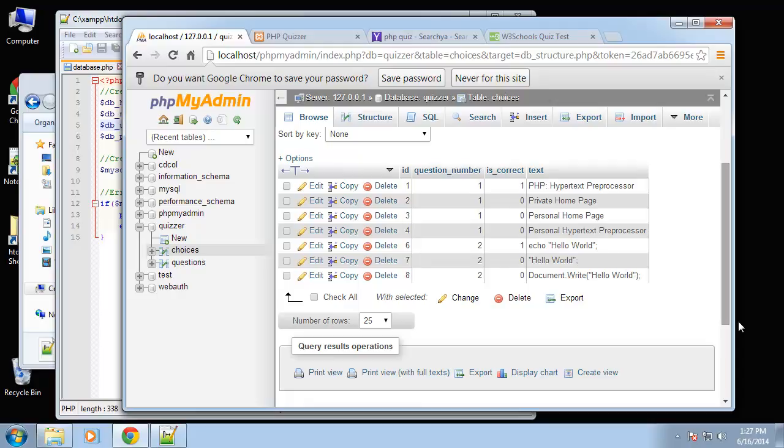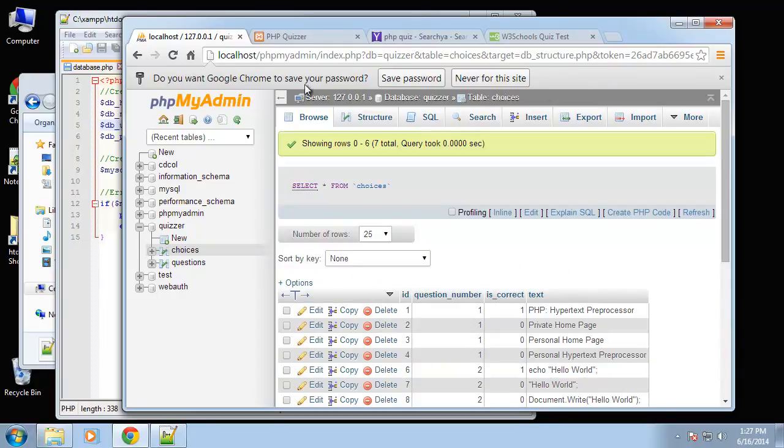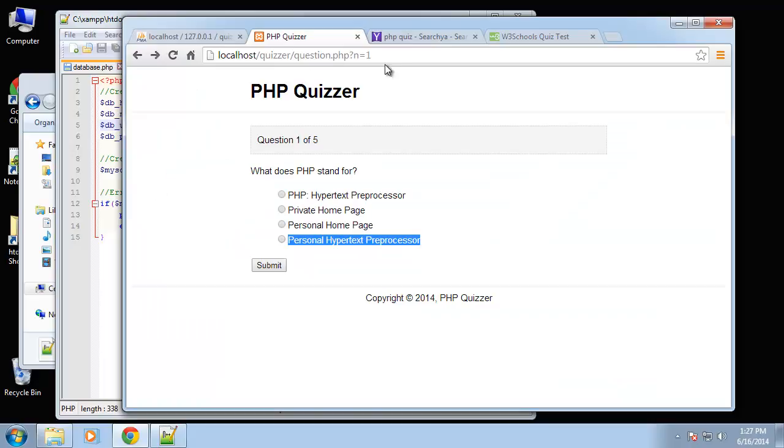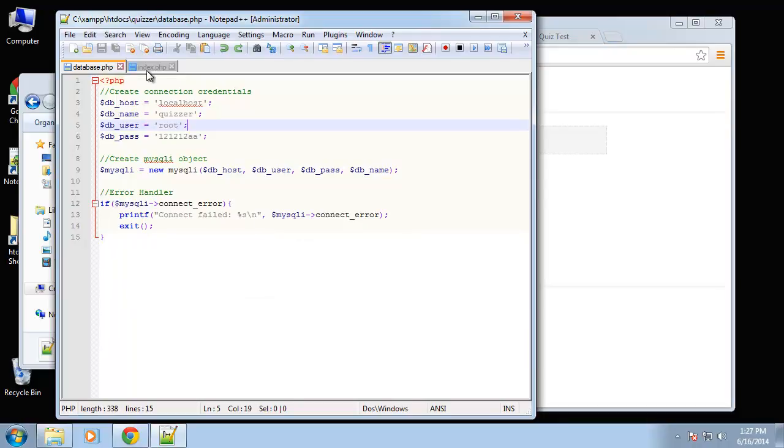Okay, so now we have all of our choices. Okay, so what I want to do is I want to spit that out in this page, okay? And we're going to pay attention to this n equals 1 because this is going to be the number of the question. So let's go to question.php,